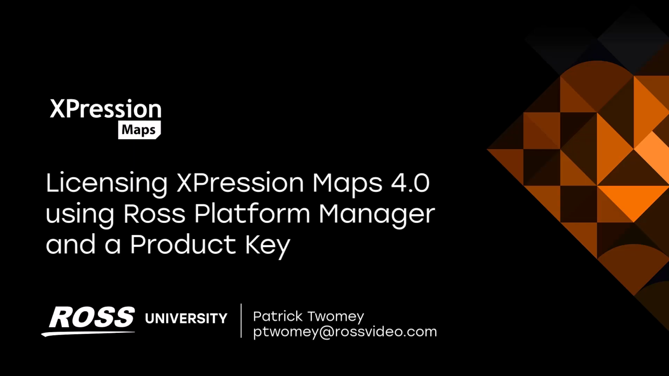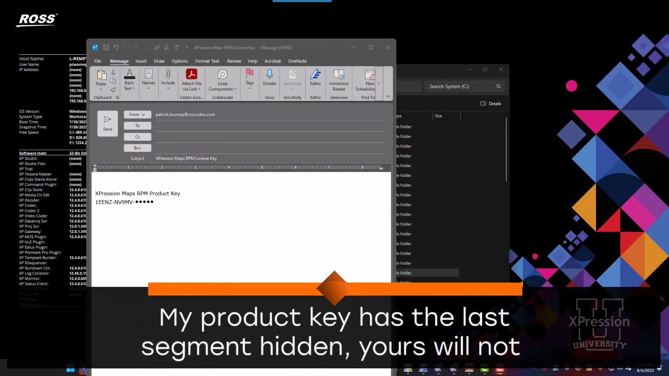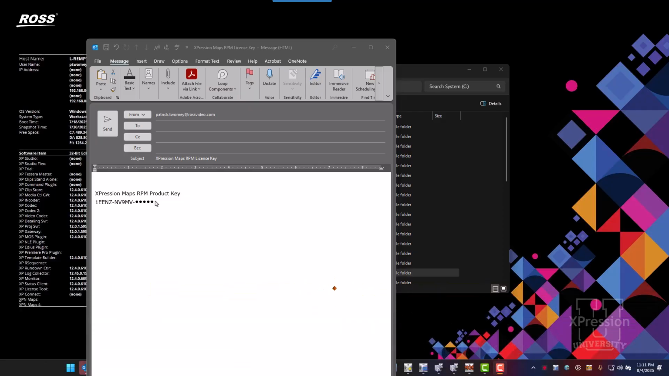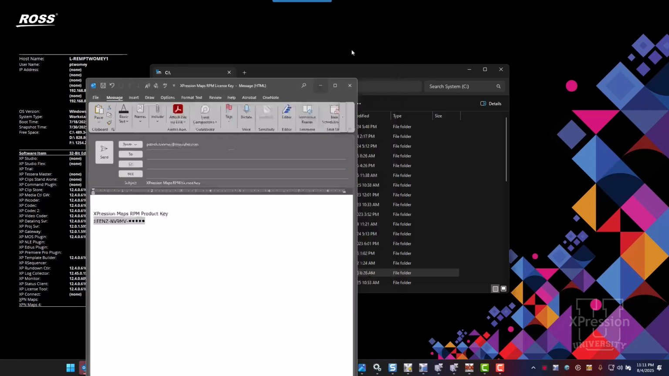I'd like to show you how to use Rust Platform Manager to license XPression Maps 4.0 and higher. So here I have an email. I've got a licensed product key for XPression Maps, and this is going to be going into my Rust Platform Manager system. So I'm going to copy this information, and from there I'm going to come to my hard drive